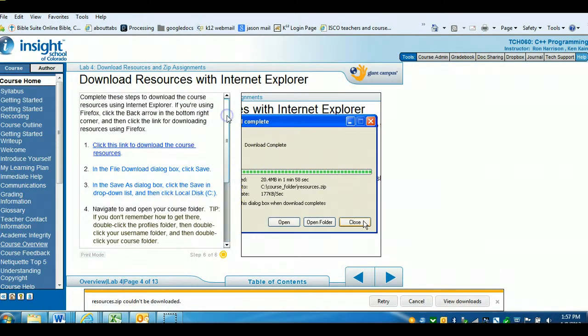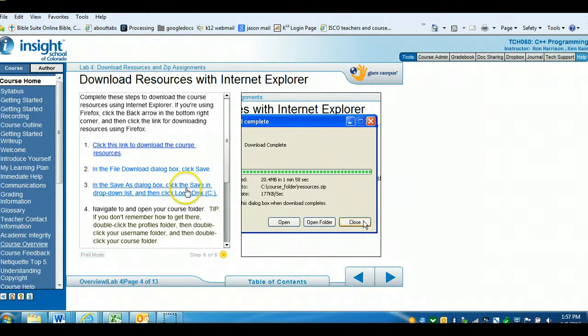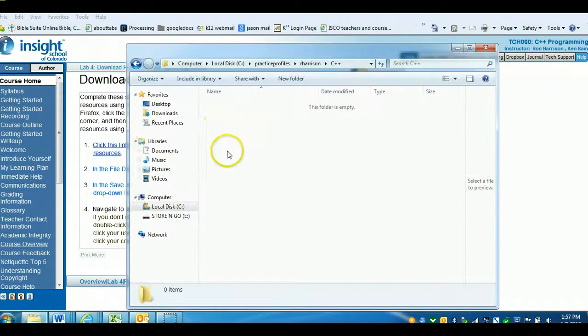So let's see what happens here. Oh, it said at the bottom couldn't be downloaded. I'm going to retry. I wonder why it's not letting me download. Well, that's all right. What I can show you is it did, when I did it in my regular profiles folder,